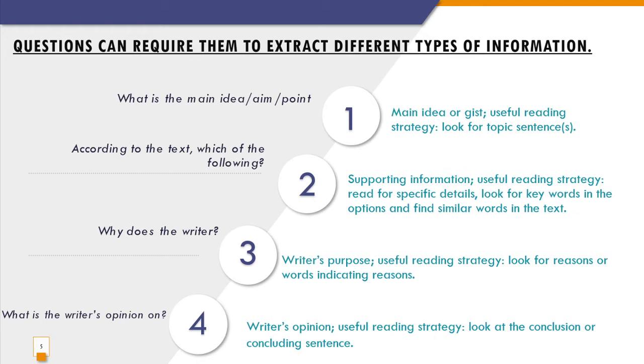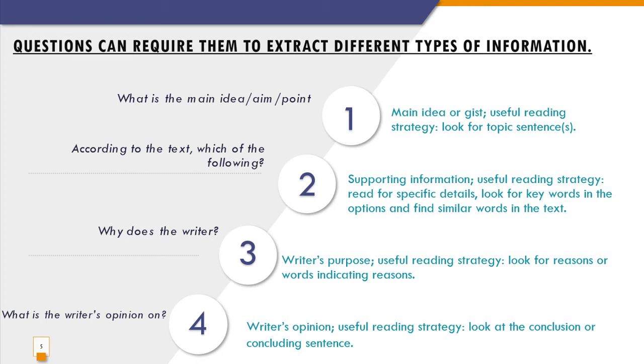Rather than reading the whole paragraph, you can take each and every option and see whether the option is correct or the option is related or mentioned somewhere in the paragraph. So that is also another method. Or you can look for the writer's purpose, why he wrote this paragraph. Like you can look for reasons or words indicating reasons. That will give you an idea on what the topic is about, and it will help you in turn choose the correct option.